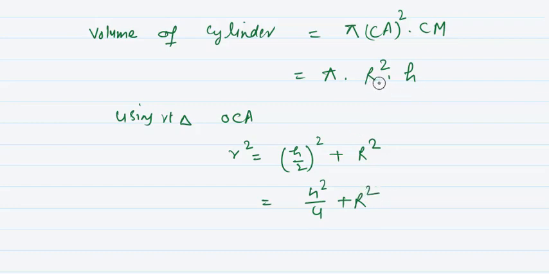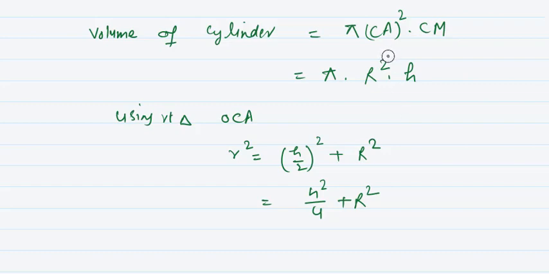So we can find the value of either H or R from here. But as R square is present, clearly it will be simpler to find the value of R square and substitute the value of R square over here. Because if we calculate H from here, it will be under a root sign, and again we have to square both sides and further increase the steps. So it is better to calculate R square in an easy way.